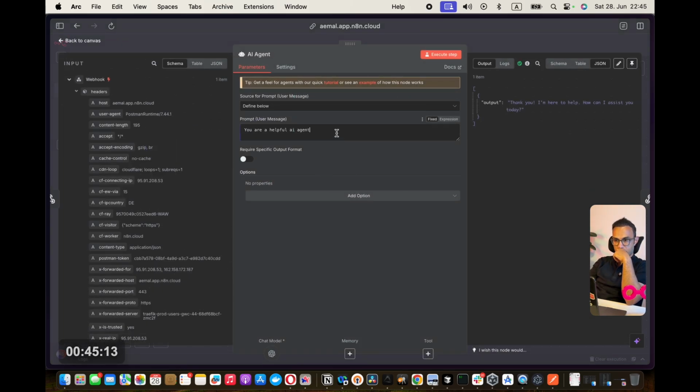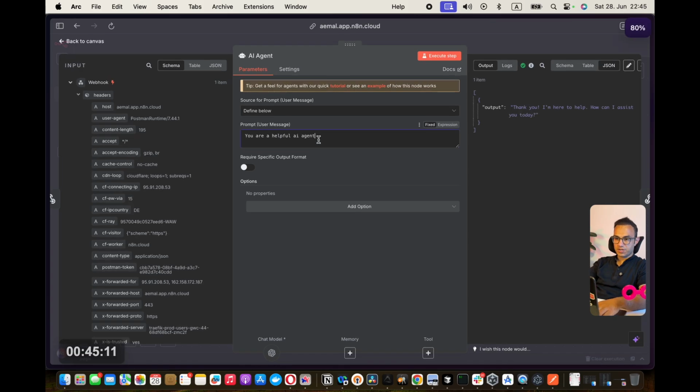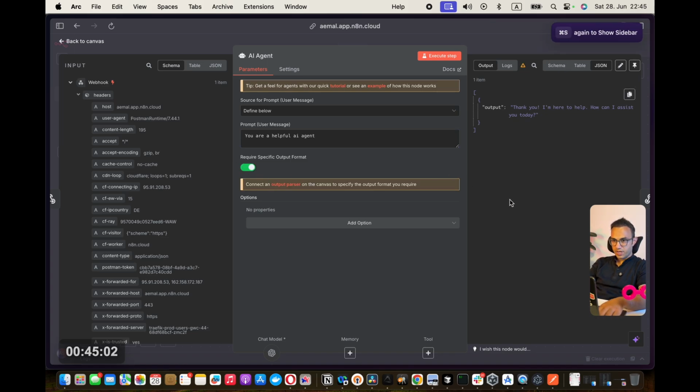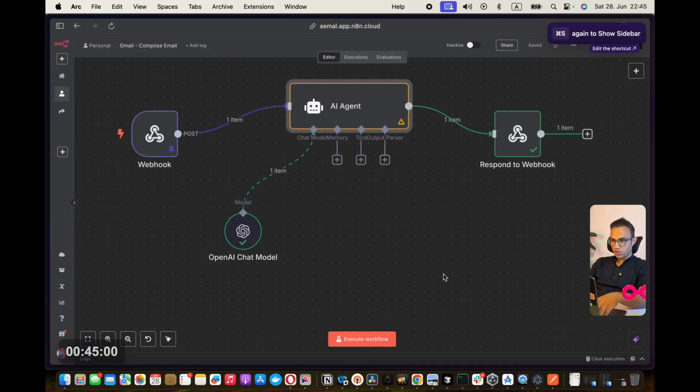How do I do that? There is a feature in the n8n AI Agent node called require specific output format. If I turn this on, and if I get out of here, you will see that I now have output parser as an input box here.